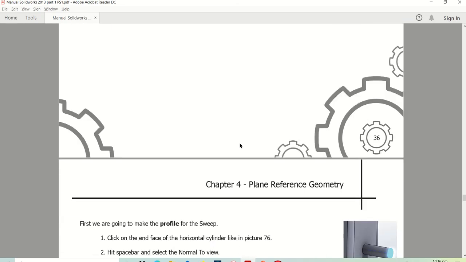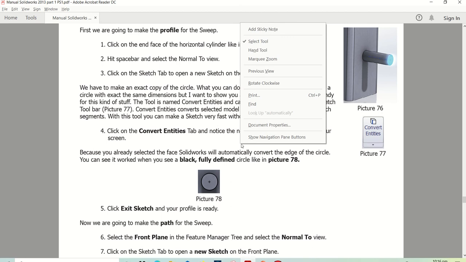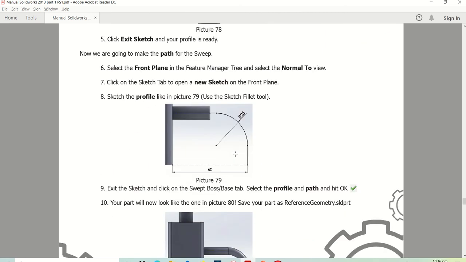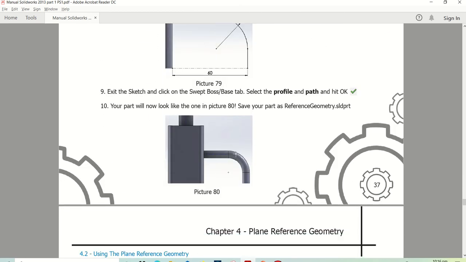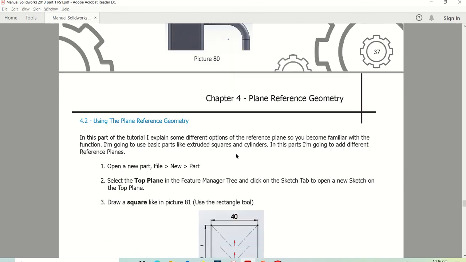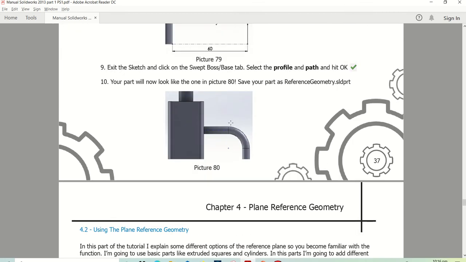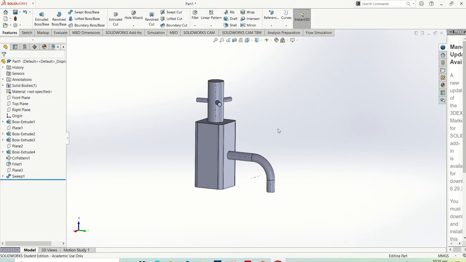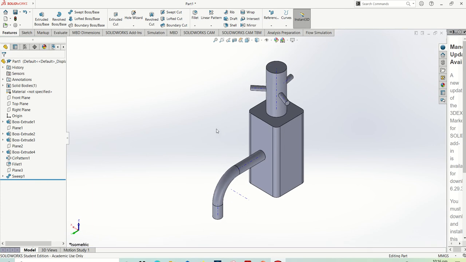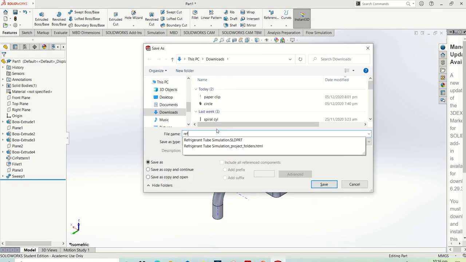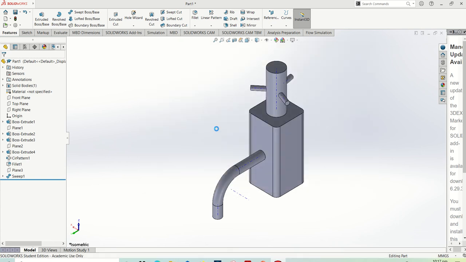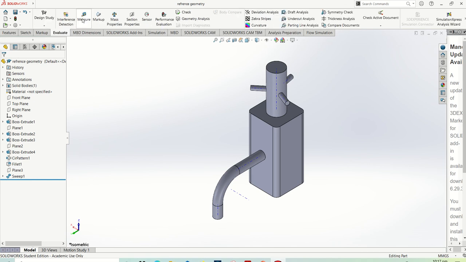So after making that, we already have the model for our chapter 4, which is this one. So this is the chapter 4 model, reference geometry. Save it. Reference geometry. Okay, let's specify a material. You could do that and measure the mass in the evaluate, mass properties. Okay,